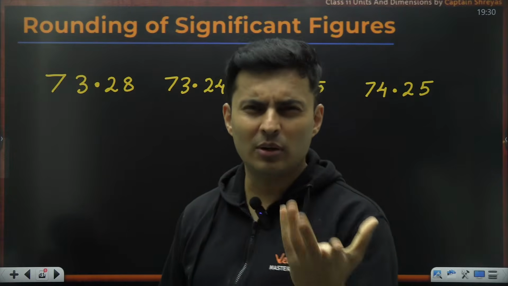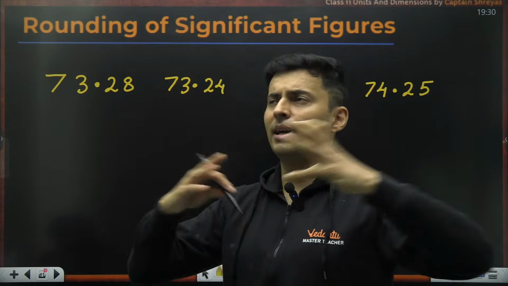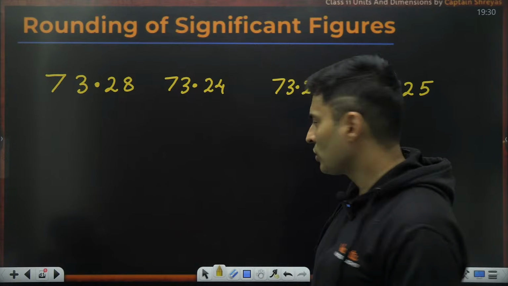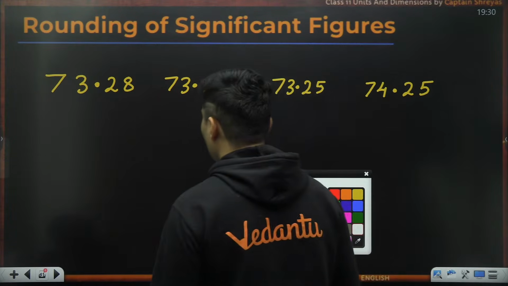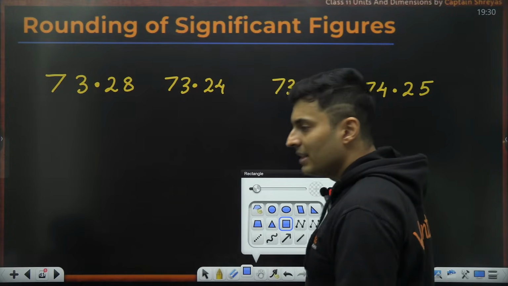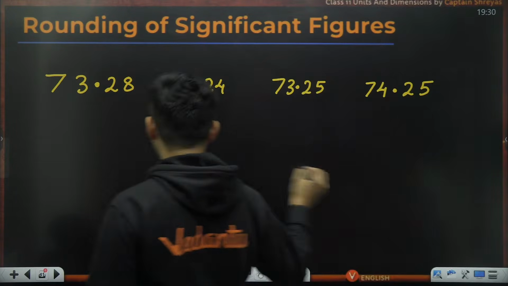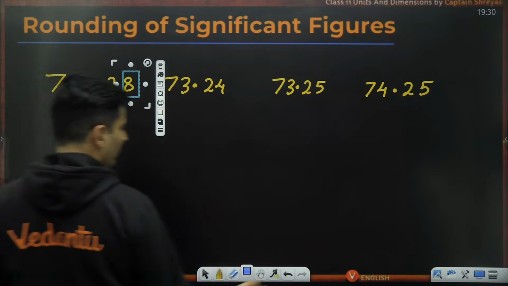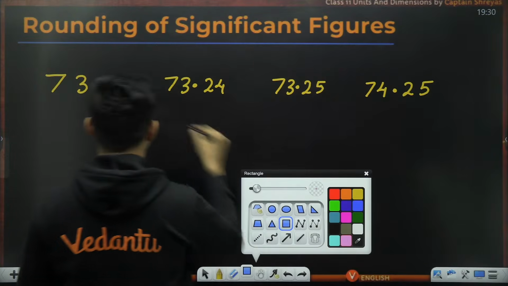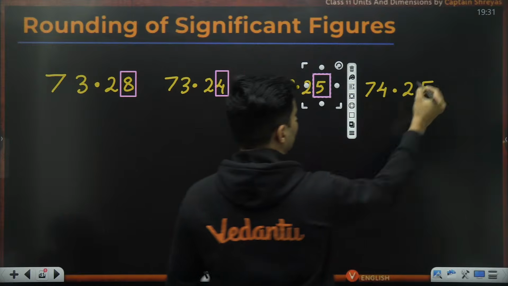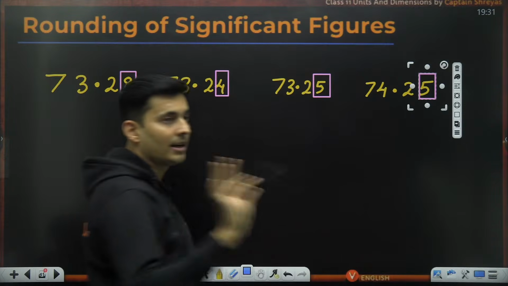Sometimes you have to round off to one decimal, or you are getting 5, 6 places, and you want to get it to one decimal or two decimal places. So how do we round it off? Always, whichever digit you want to eliminate, let's have a look at it first. The digits that I want to look at and eliminate, let me just block them over here. I want to get rid of this, this, this, and this.